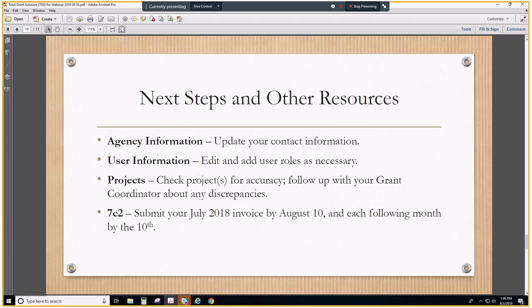Okay, so next steps and other resources. For right now, the ball is still in our court as we work to complete building all the projects and entering in all the invoicing. We will be letting you know on an individual basis once we have your agency information set up and everything ready to go. At that point, we'll ask you to go in and check out your agency information,